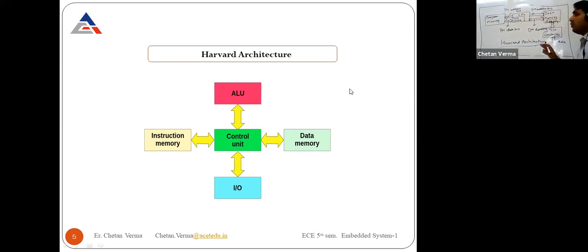So previously we were using von Neumann. In von Neumann, as I have told you earlier, the central processing unit includes the memory, that is the arithmetic and logical unit, with program memory and data memory sharing the same buses. They do not have different buses from each other. So whenever you have to run your program memory and the data memory in that, you have to basically include